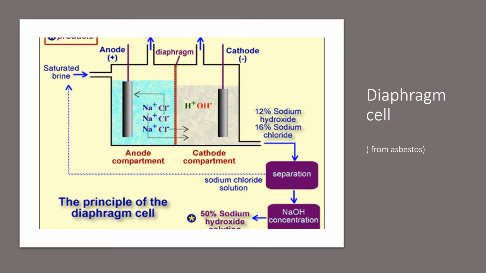The diaphragm cell. The cell uses a diaphragm made of asbestos. The same, the raw material is saturated brine, or NaCl. The difference is in this cell, we use a diaphragm to separate the NaOH from Cl2